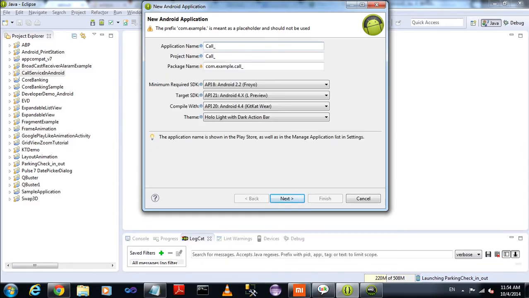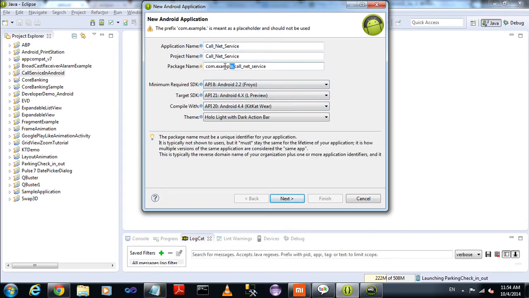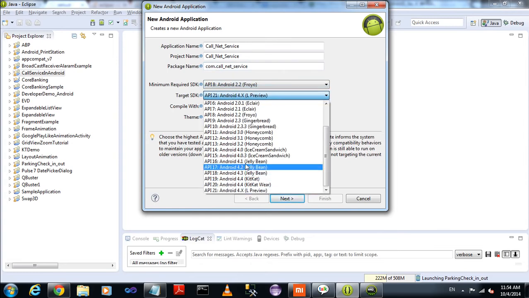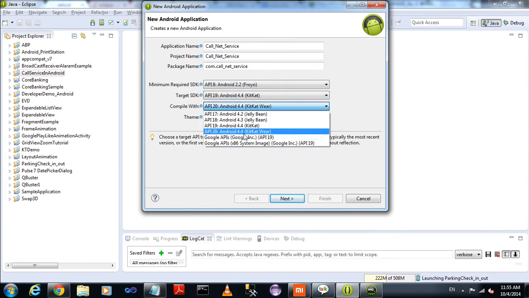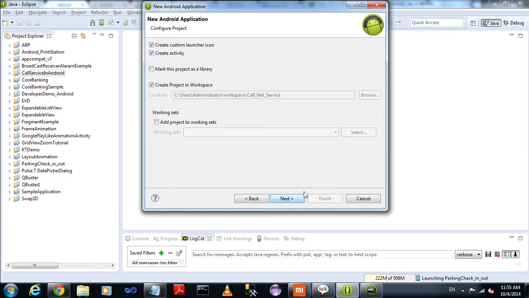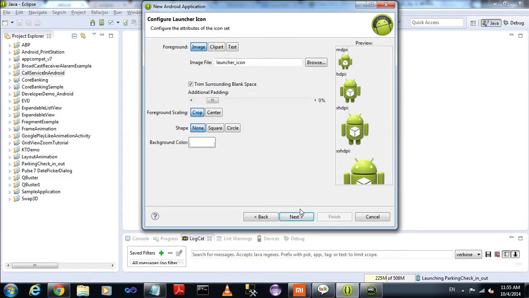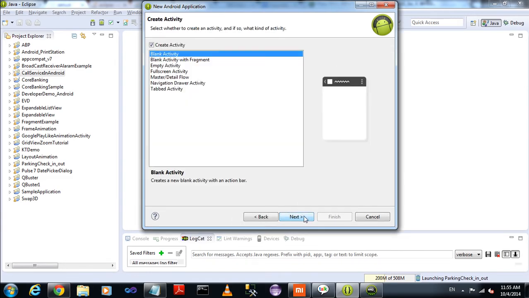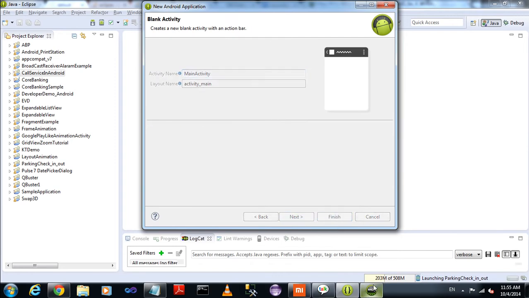In the new project, the application name is call net service, and just remove the package name example. Select the API target. Next, next, next. Just select blank activity. Next, finish.